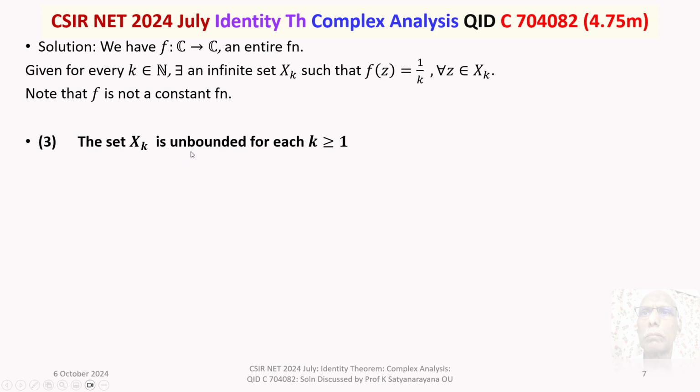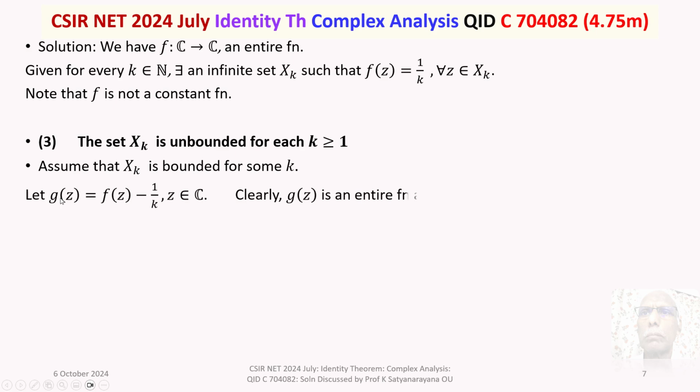The set Xk is unbounded for each k greater than or equal to 1. Now, we provide a proof by contradiction. So, assume that this Xk is bounded, instead of unbounded. Suppose it is bounded for some k. For some k, assume Xk is bounded. Agreed. Let us define a new function g of z is equal to f of z minus 1 by k,